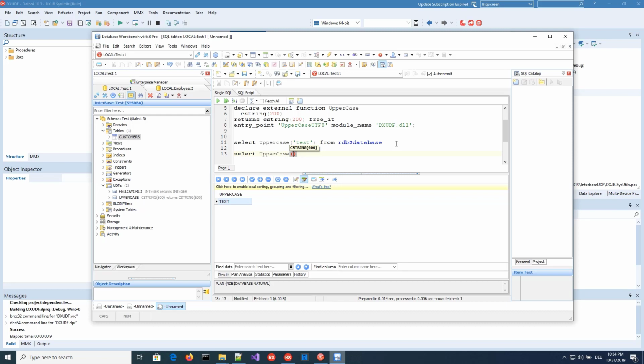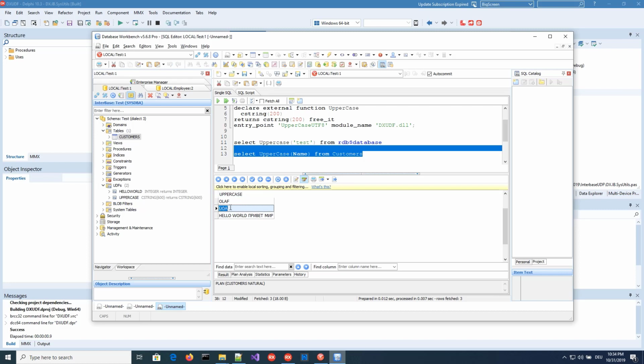That's gonna be name from customers. And here we go. Execute that. Takes a moment to actually load that. And here you see, we got the German umlauts in uppercase, and we got the Russian hello world text in uppercase. Even though this is UTF-8, you can imagine there needs to be some extra treatments, and let's have a